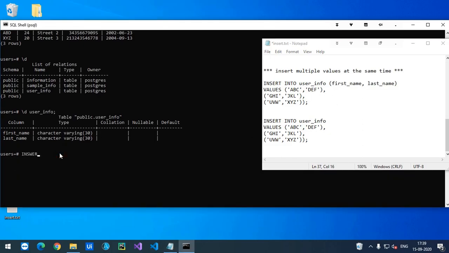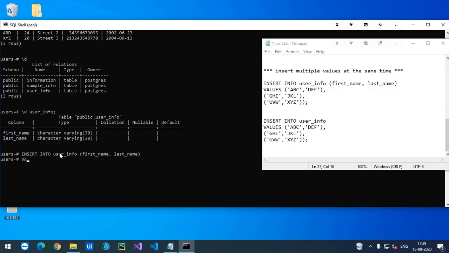So insert into, the name of the table is user info. Then the column names are first name, comma, last name.